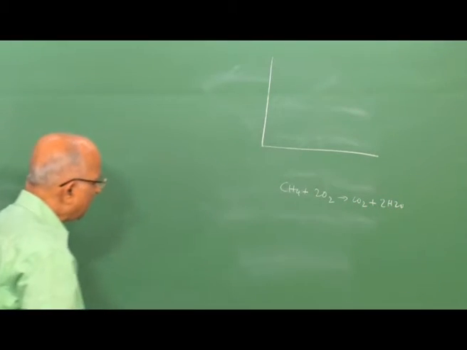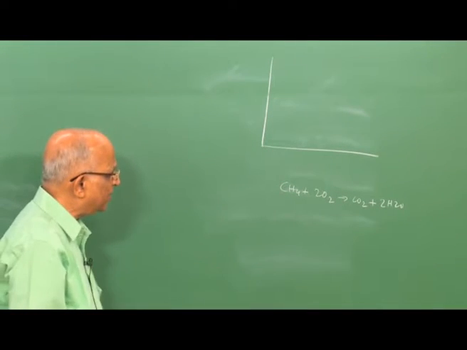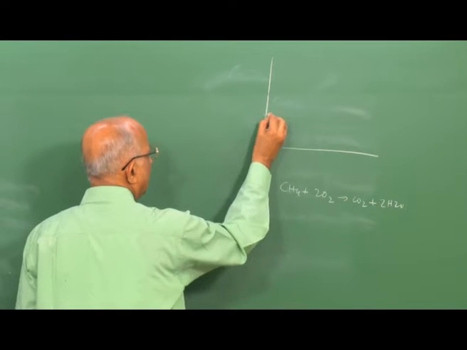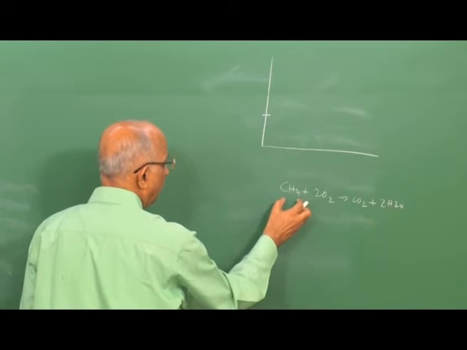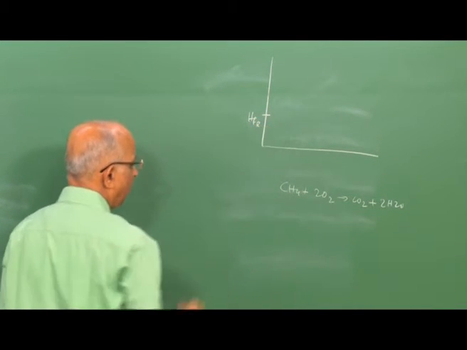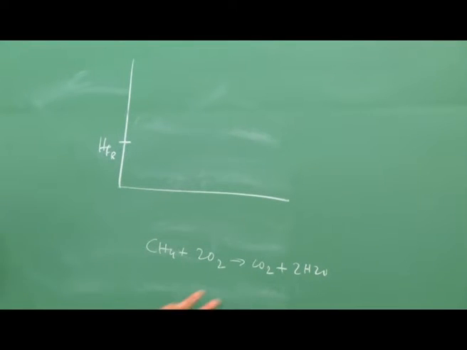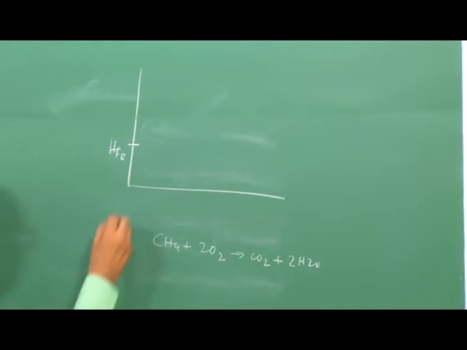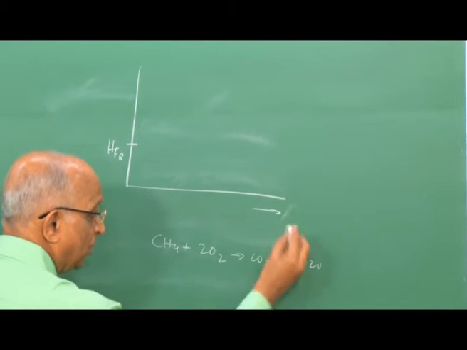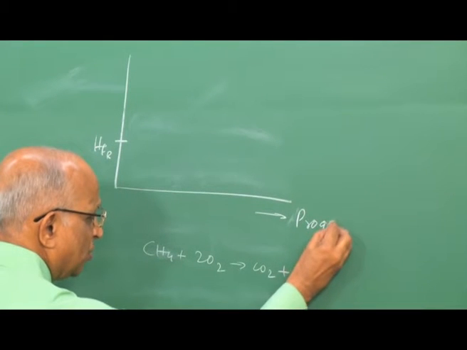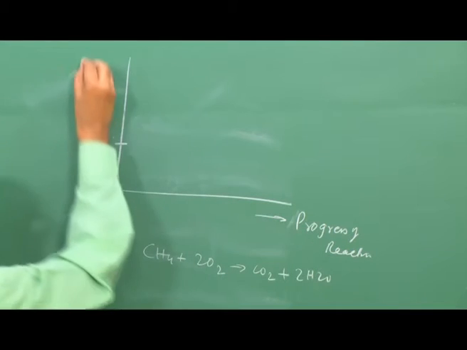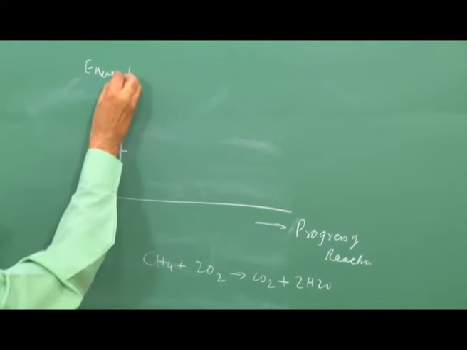Well, can I put down how the activation energy is there? Initially I have the substance somewhere over here. The value of the heat of formation of CH4 and 2O2 is somewhere over here, heat of formation of the reactants. Well, some energy gets liberated. We worked out the energy which gets liberated after the reaction. Let us say this is the time, that means this coordinate is progress of reaction. Well, this is the energy of the reaction.